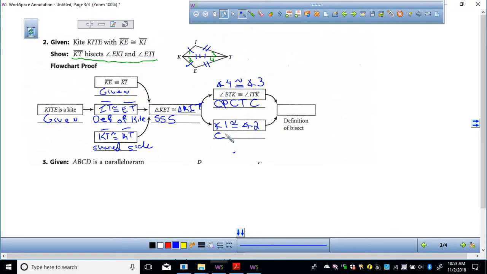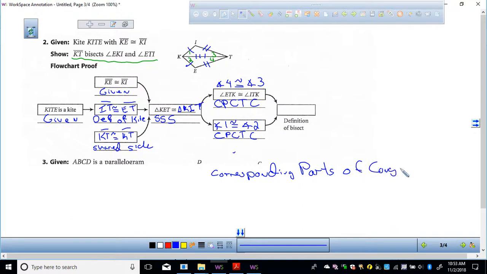Corresponding parts of congruent triangles are congruent. I posted it on my notes a couple days ago. But CPCTC, corresponding parts, this is why I don't want to write it, because it's kind of long, of congruent triangles